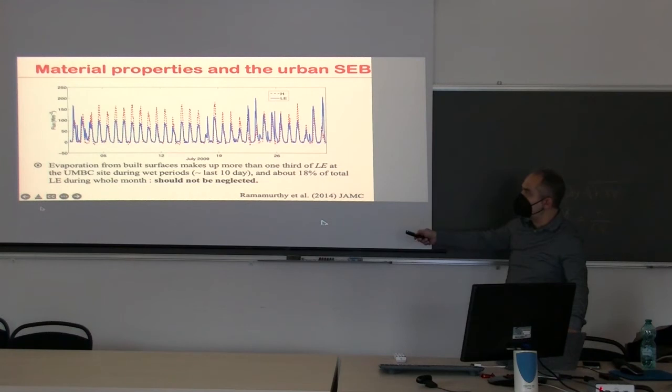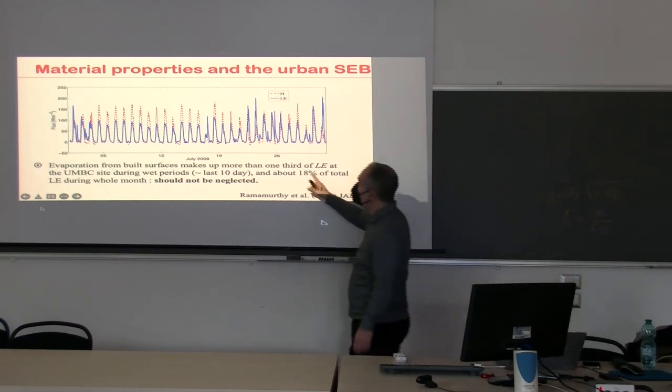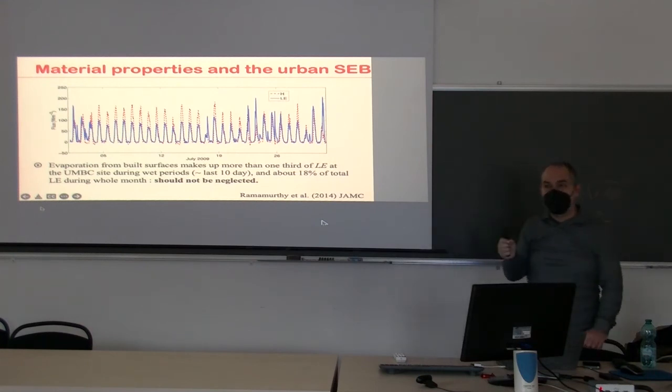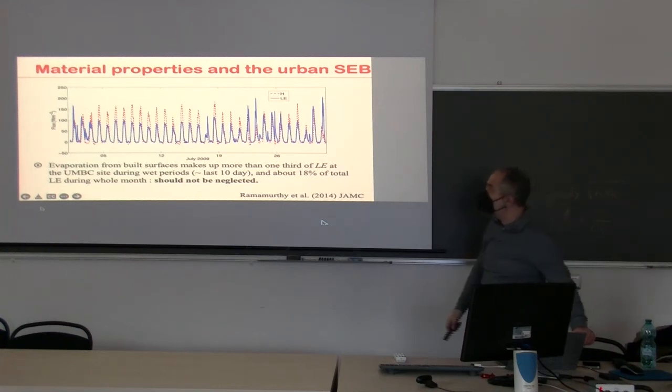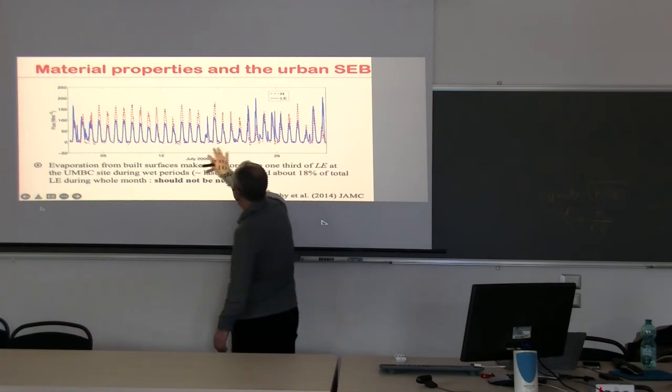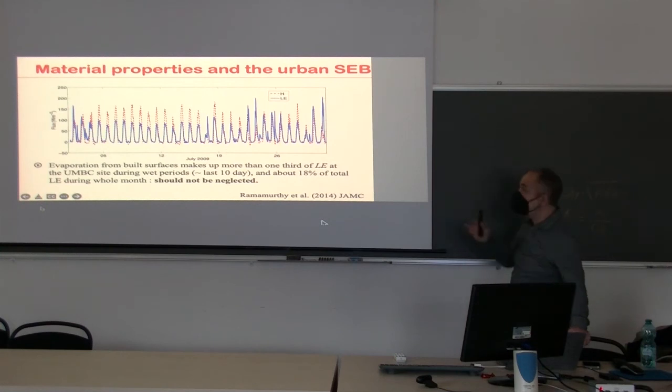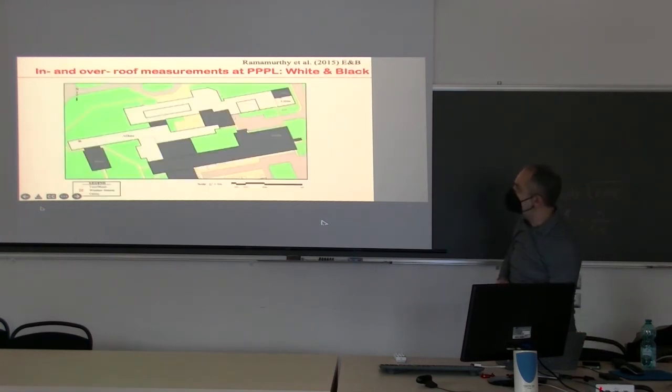For example, in this analysis, we asked, how much of the evaporation is from vegetation versus impervious areas? And we observed that 18% of the total evaporation during this month is actually from concrete and roofs that are technically dry, but when it rains, they store a little film of water, and that film of water eventually evaporates. And in this second part of July, it was a very wet month, so it was raining all the time, and these impervious areas still had water on the surface, and you see large LP, and it results in 80% of the evaporation happening from